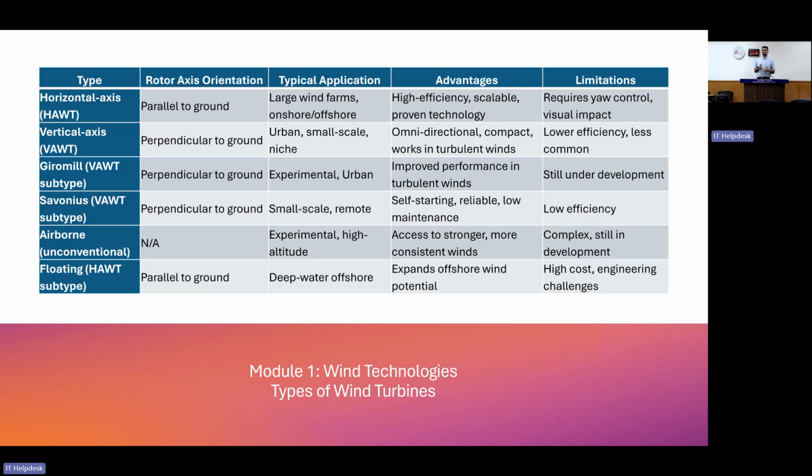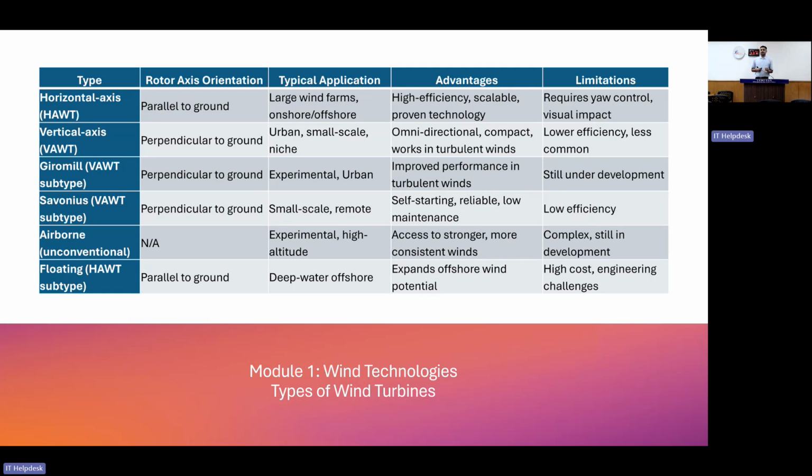And within these, there are subtypes of wind turbines. Under the vertical axis wind turbines there are gyro and other types of wind turbines, and under the horizontal axis mostly the floating type of wind turbines. As you can understand from the name, in the horizontal axis wind turbines, the axis of the rotor is parallel to the ground, and in the vertical axis wind turbine it is perpendicular to the